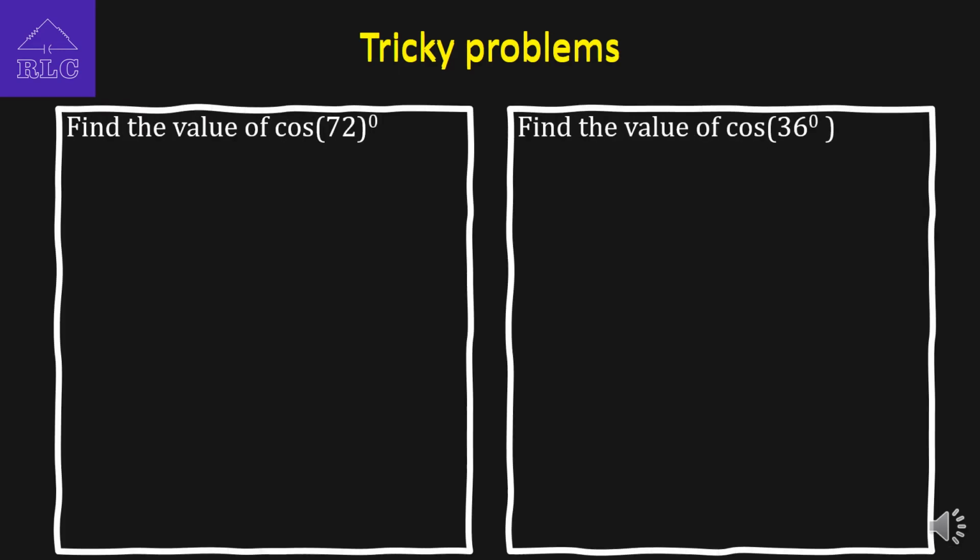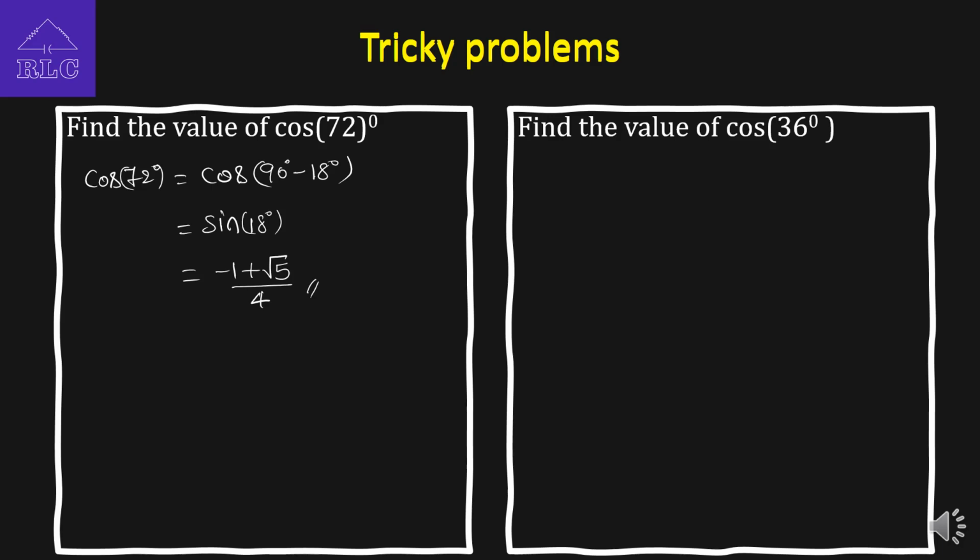Now let us check out the value of cos 72 degrees. So cos 72 degrees can be expressed as cos of 90 degrees minus 18 degrees. Okay, so 90 minus 18 means first quadrant. In the first quadrant, cos is positive. Since cos has the y-axis approach, it will be converted into sin 18 degrees, which is nothing but minus 1 plus root 5 by 4.